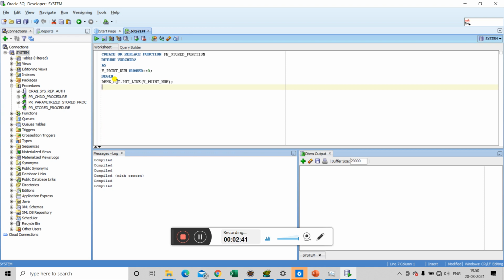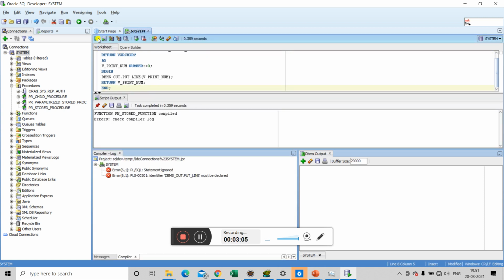Also, as this is a stored function, we need to declare a return clause as well that will return a value. In this function we will simply return this variable's value using the return clause. Then we can put the end here, and using the run statement button we can create our stored function.